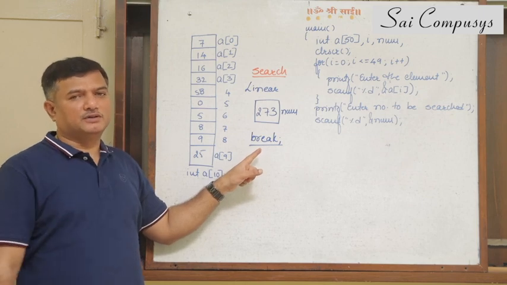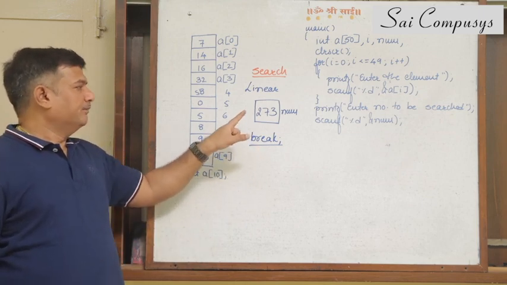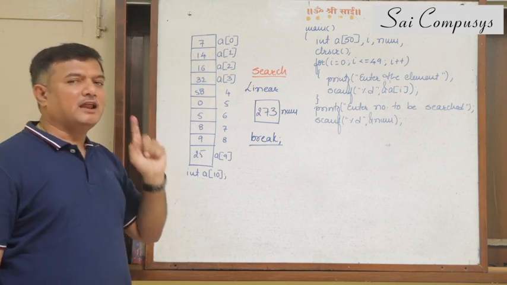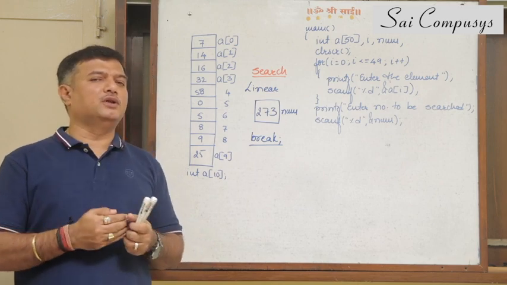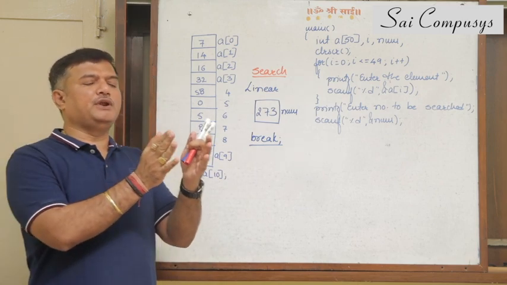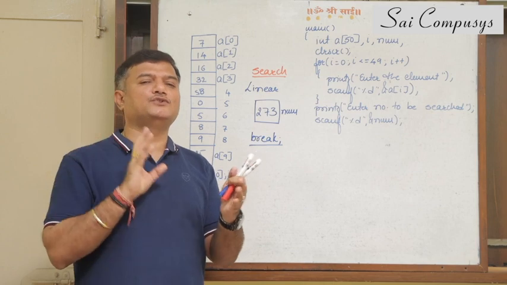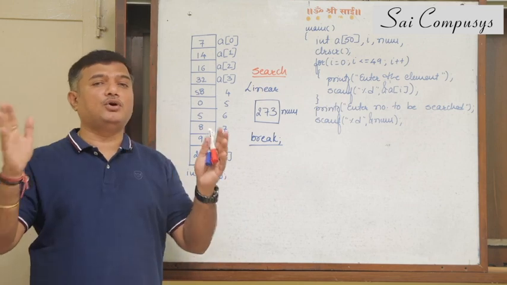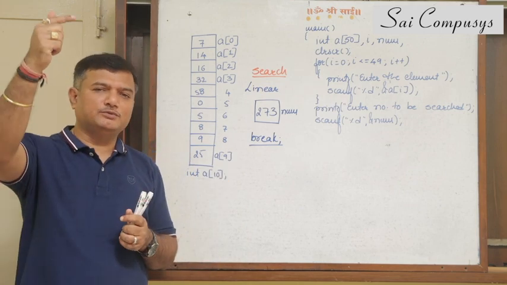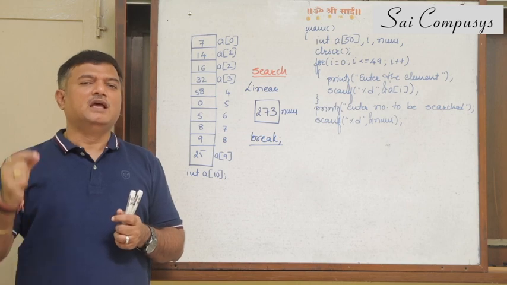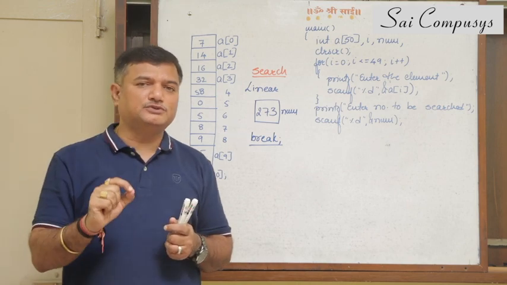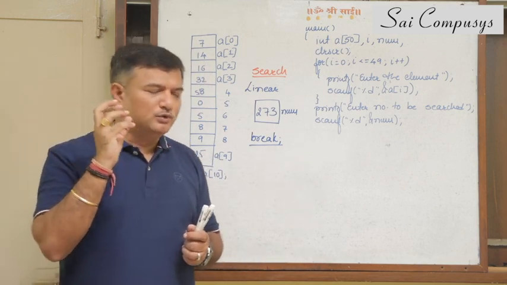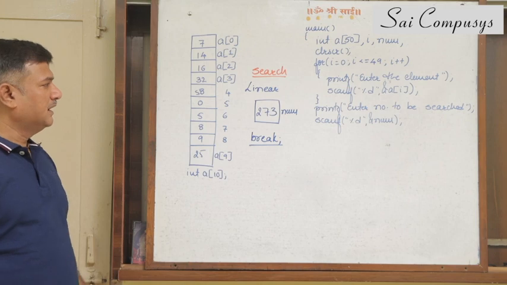Now for the most important thing. That this number is not present in the array can be decided only after comparing the whole array. Let's say I have compared three numbers. I can't conclude that the number is not present. Number not present should be decided only after comparing all elements of the array, that is, after going from the 0th position till the last position. If you did not find the element on any position, then at the last you should say that the number is not present.